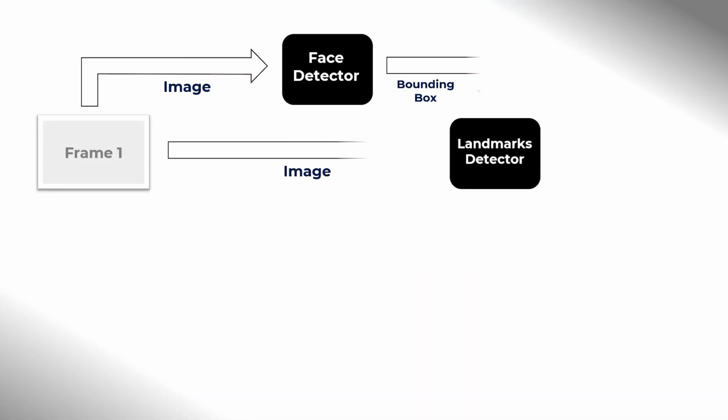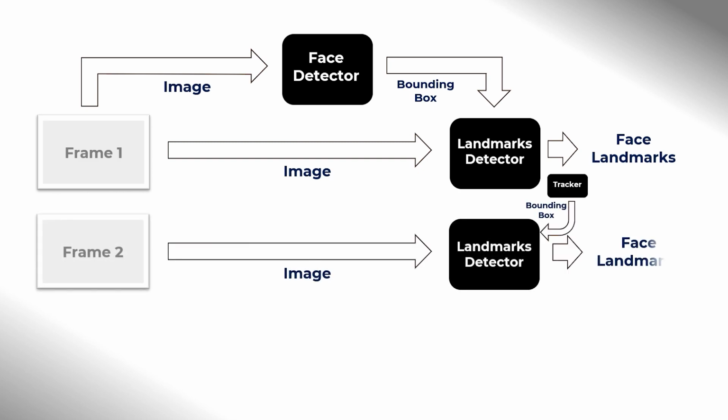Now, if you're working with videos, here's what happens. You take a frame, you do facial detection on it, you get the bounding box of the face, and you pass it to the landmark detection model. The landmark detection model gives you the facial landmarks. Now, this happens on the first frame. But what happens in subsequent frames is that the facial detection model does not run again. Instead, a facial tracking model is called, which takes the previous bounding box coordinates and then tracks it throughout the video. This significantly reduces the latency because the facial tracking model is much faster than the facial detection model.